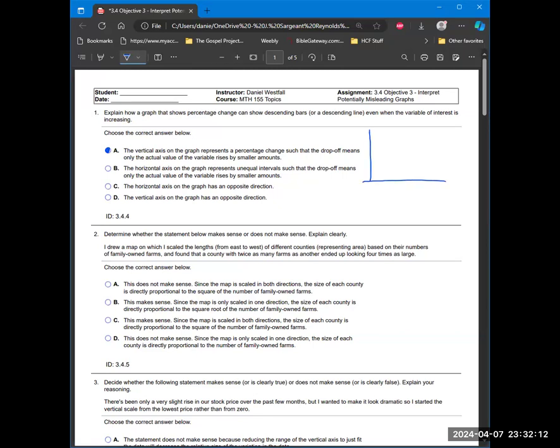So if you were up here at 6% and you went down to 4%, it's still inflation. It's still a positive rate of change. That means that the price of goods and everything is still rising year over year. It's just rising at a slower rate. So don't see that